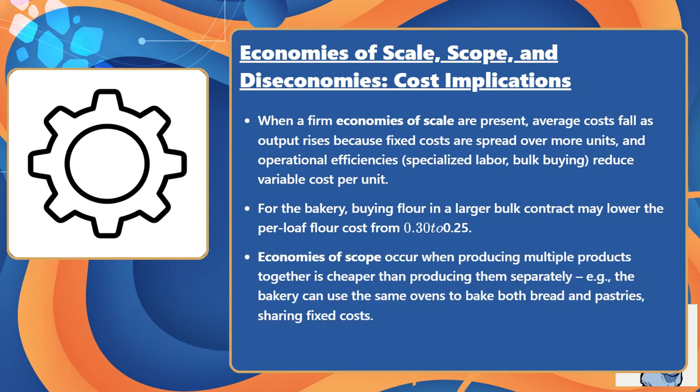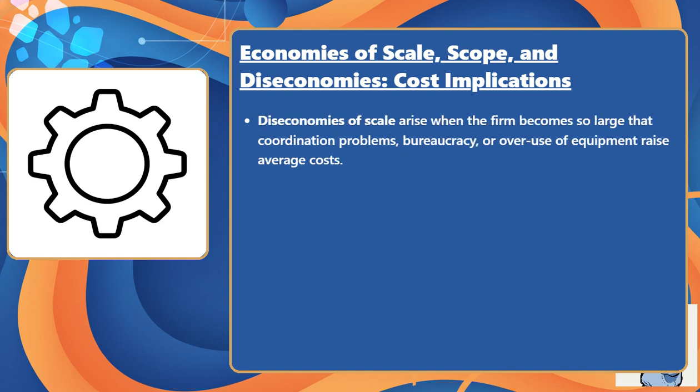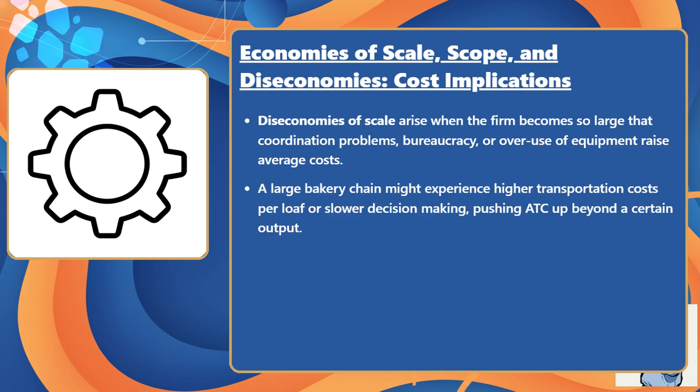0.25. Economies of scope occur when producing multiple products together is cheaper than producing them separately. For example, the bakery can use the same ovens to bake both bread and pastries, sharing fixed costs. Diseconomies of scale arise when the firm becomes so large that coordination problems, bureaucracy, or overuse of equipment raise average costs. A large bakery chain might experience higher transportation costs per loaf or slower decision-making, pushing average total cost up